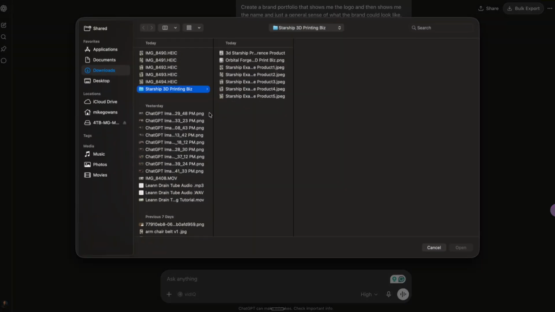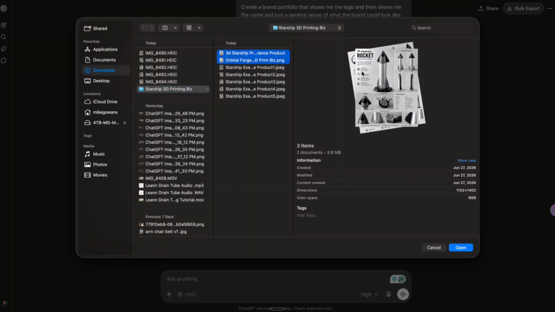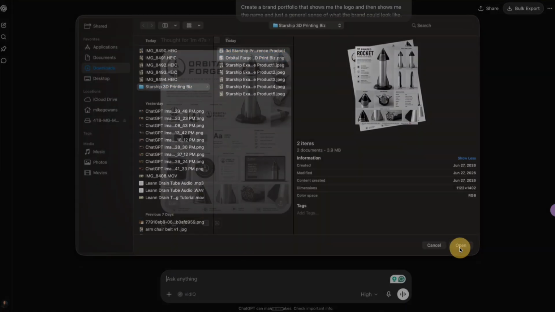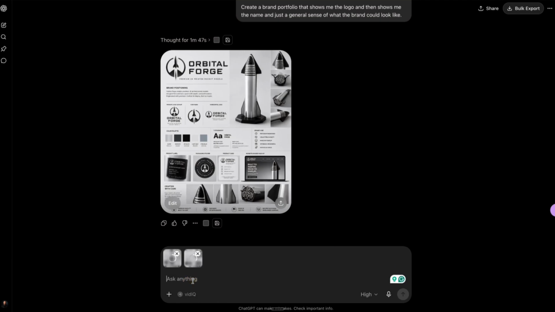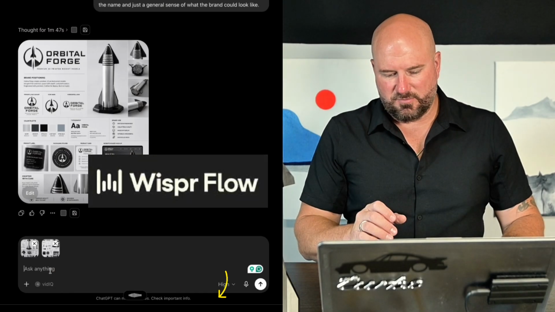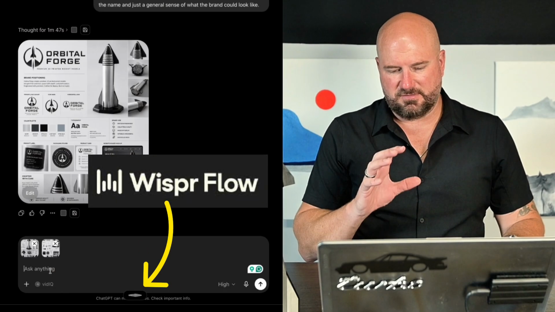Now we're going to build a landing page for it. So it's got a lot of our references and everything in there. I still give it the stuff. Okay, so add photos. I'm going to give it this, and this product sheet like that. Okay, so open. And then I'm going to say, now I need a landing page that will sell this exact